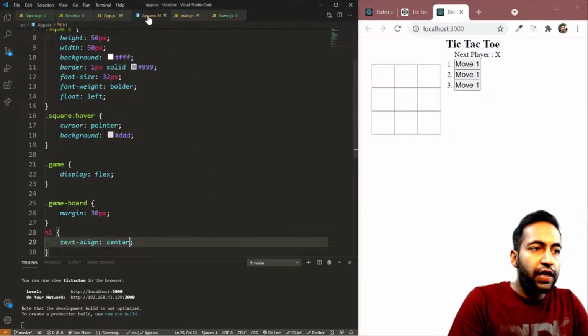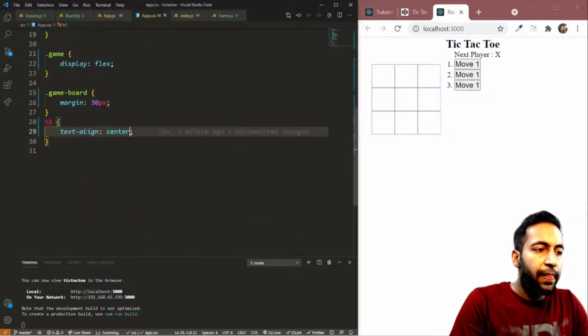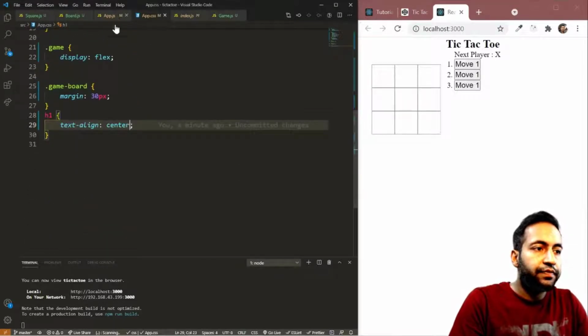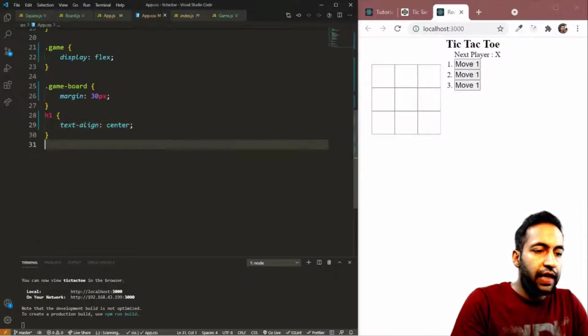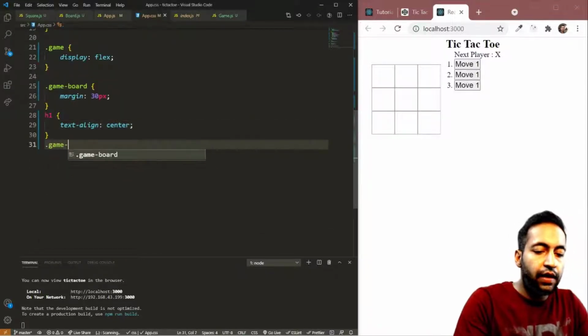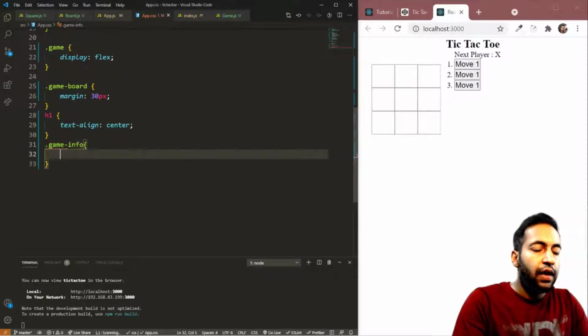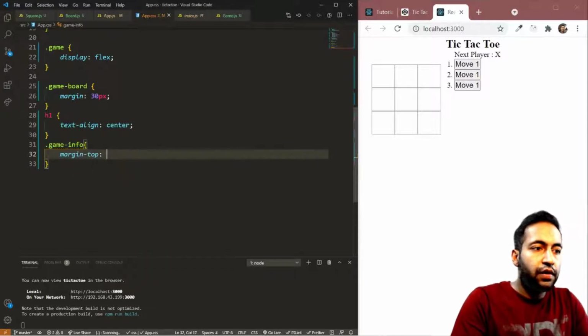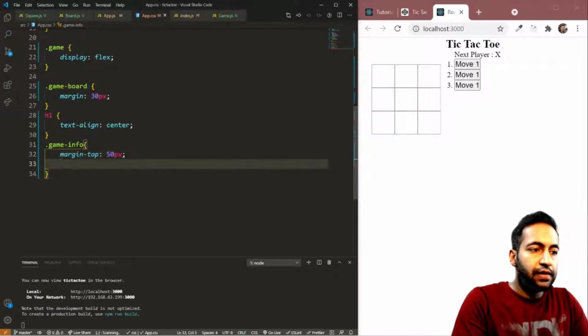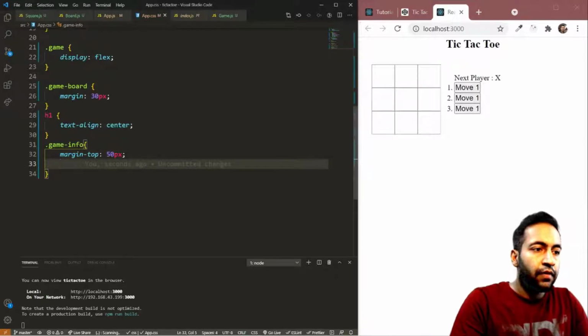Now let's go to the app.css file, and here this is the game info class. So let's take the game info class. So let's say .game-info, and now we can set the margin-top to 50px like this, or rather it should be 30px. Okay,